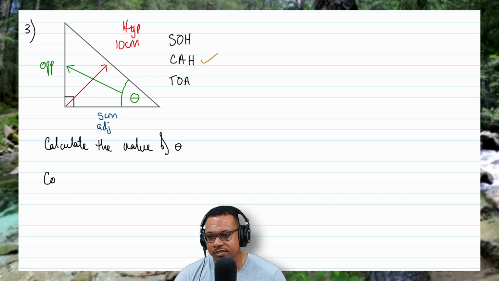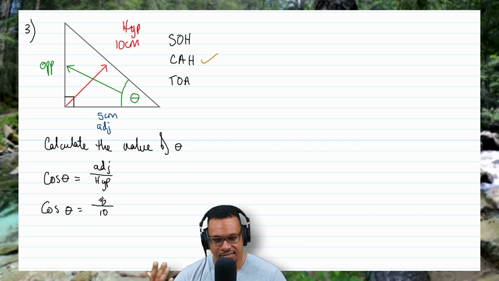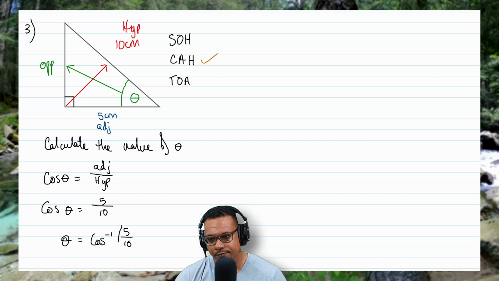All right, so you're going to write cosine theta is equal to adjacent over hypotenuse. So cosine theta is equal to the adjacent side, which is this 5 centimeters, over the hypotenuse, which is this 10 centimeters. And yes, I can break down this 5 over 10 and get a half. But as we know, we're going to be finding theta, so we're going to write theta is the cos inverse of this 5 over 10. So theta is equal to,